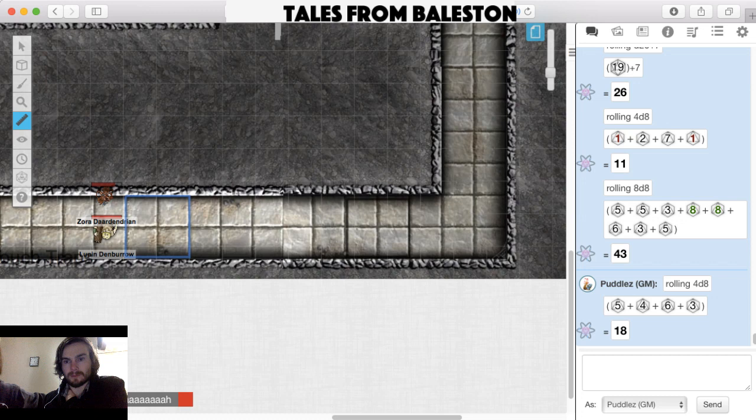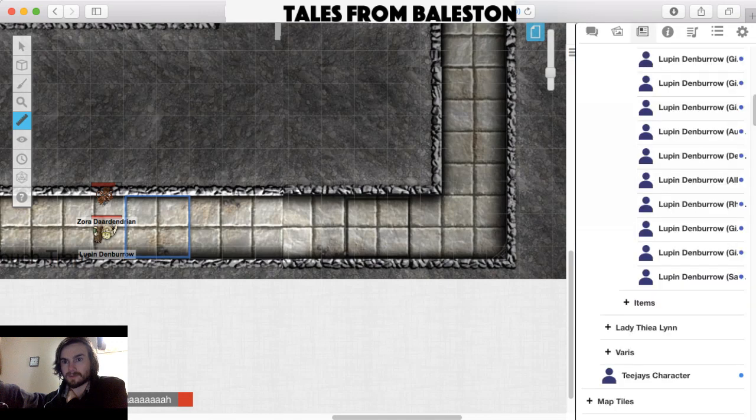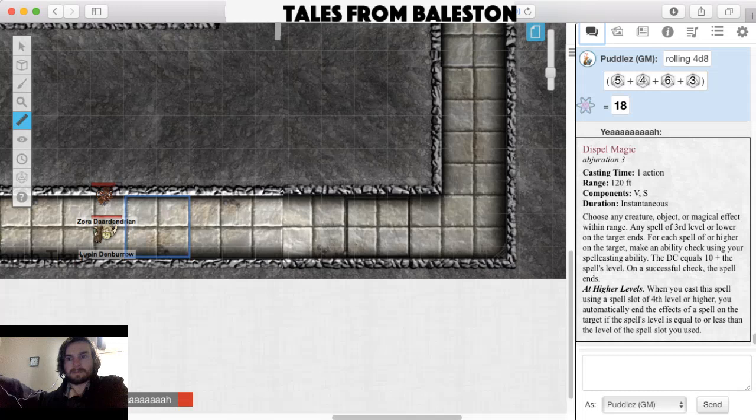Can I use inspiration? Yeah, you will need to make a DC. So roll d20 plus 5 plus 3, so d20 plus 8. Okay, wait. So just slash R space D, or slash R space D20 plus 8, yeah. D20 plus 8. And then you can roll it twice because...